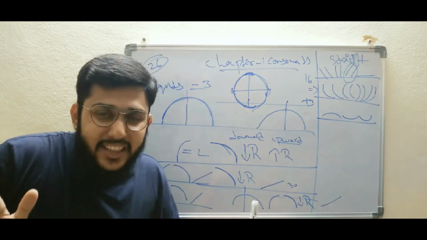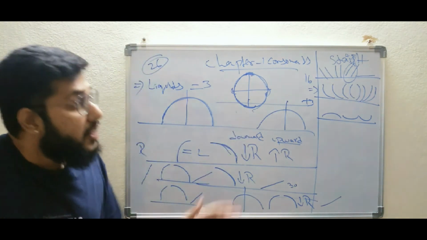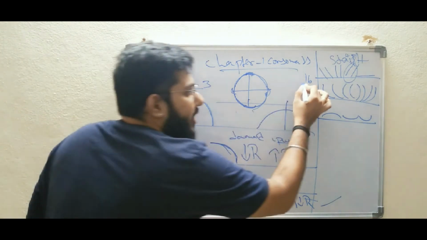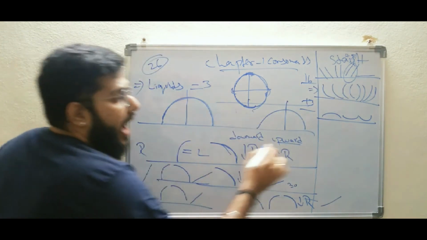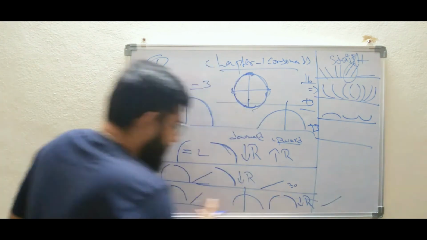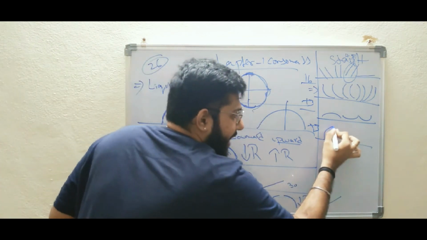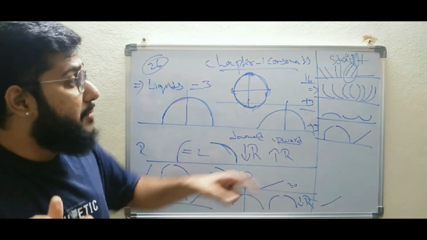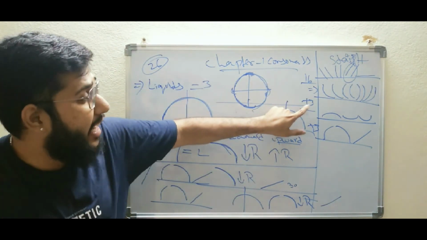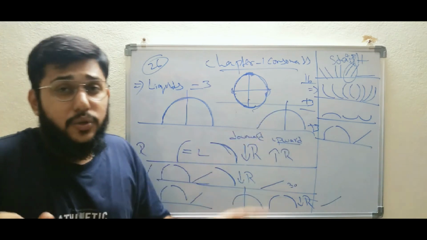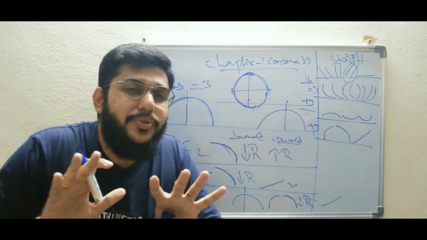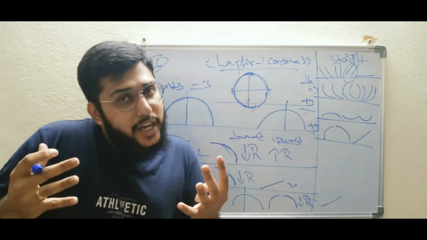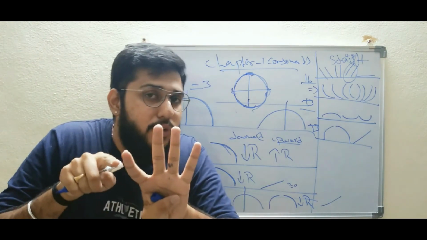So hope you all are liking this video. Out of 26 strokes, we have completed the first 16 and the rest of 3, and these 3 strokes are L, downward R and upward R. So total how many have we completed? 16 plus 3 is 19, 19 plus 3 is 22. So 22 strokes we have done out of 26. After this, in the next video, I'll teach you the last 4.